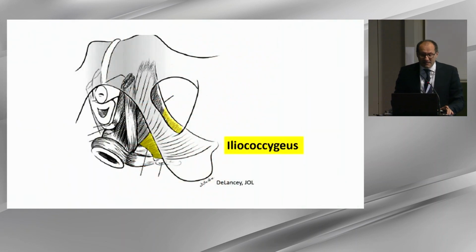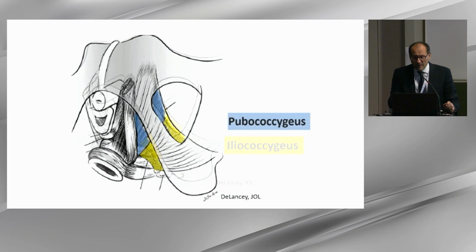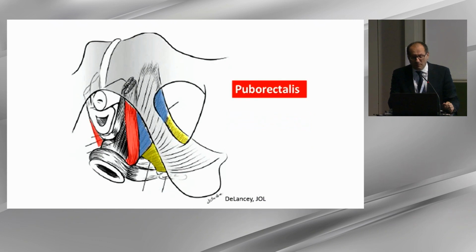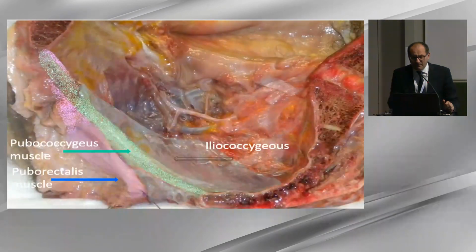The levator ani muscle has three main components. The iliococcygeus is the deeper part of the levator ani. Then the pubococcygeus muscle is in the middle, and then more superficial, the puborectalis muscle. These three components of the levator ani also have different functionality, because the iliococcygeus that has this